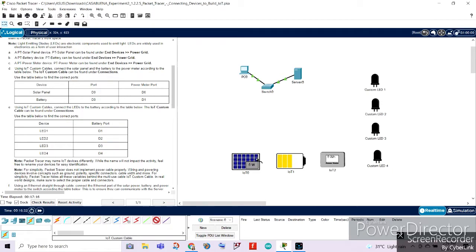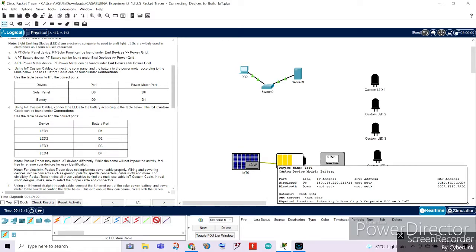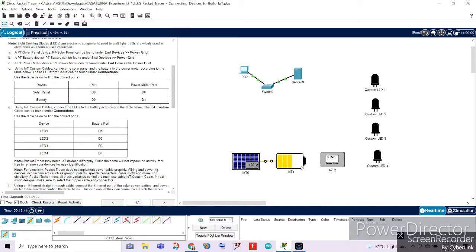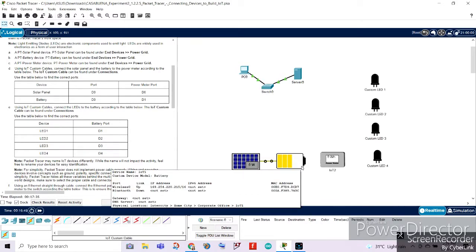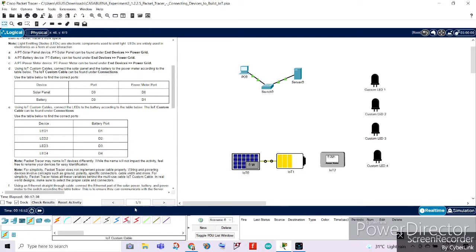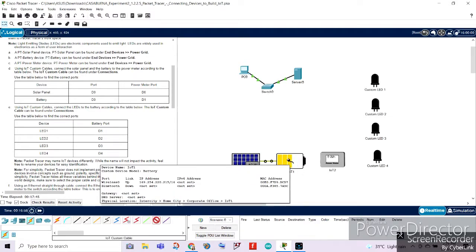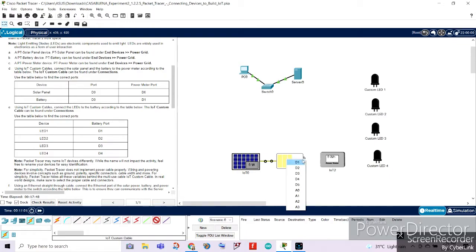So for the solar panel, we have to connect the solar panel to our battery. So the solar panel is D0, and then to the battery, D0, and then the battery should be connected to the power. Okay, let's choose this. The battery should be connected to the